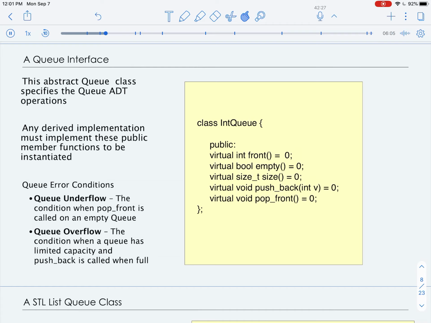So as you can see, we have the functions front, empty, size, pushback, which takes the value to add to the queue, and pop front. This is an integer queue, and this is just an example. And as you can imagine, when we get to STL containers, the queues can have any types of items in them. Now, the reason why we're specifying this interface using an abstract class is because any derived class that would be an implementation of a queue would have to implement all of these pure virtual public member functions